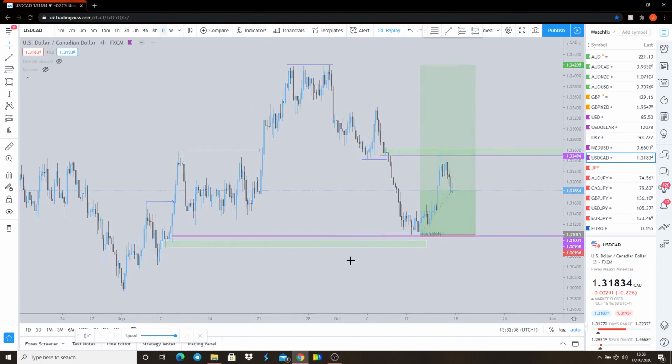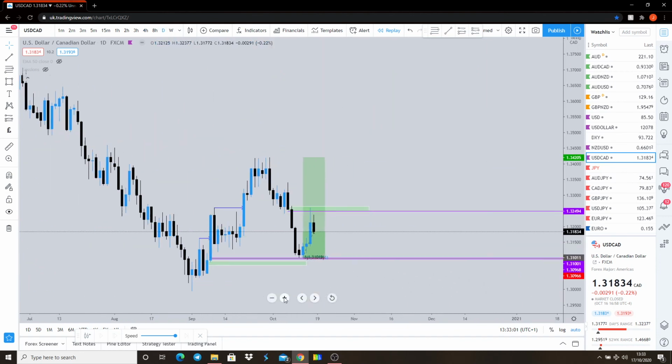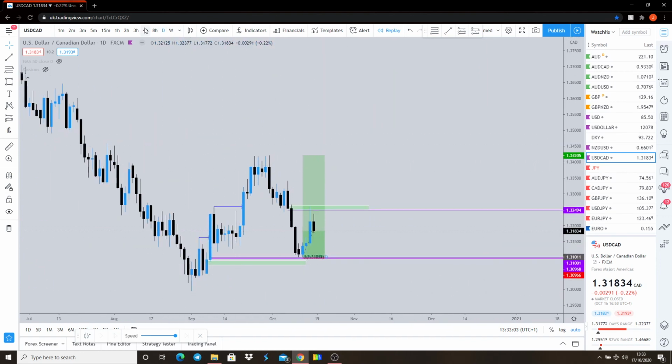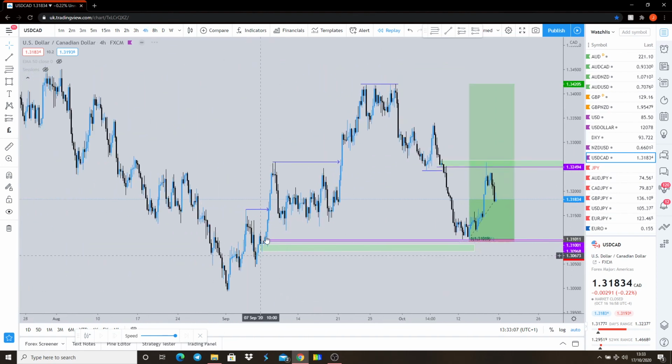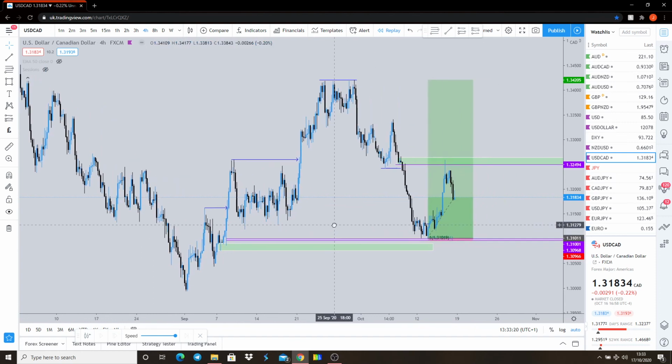Let's go over it just one more time. So we had the break on the daily, so we were looking for buys. We had our initial point of interest here. Why here? Because it was the lowest point before we broke this high and this high here, so we had a sort of double break. Price was really strongly coming down. It started to consolidate, so I thought, okay, let's look for a higher point of interest. We found that higher point of interest from the hourly and the 5 minute. We reacted off that to the pip, and then we got our entry.